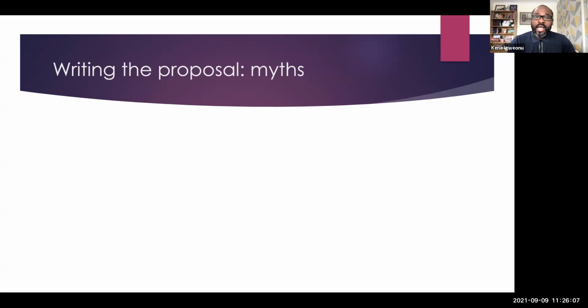So very importantly, before I go on, I just want to dispel a couple of myths that we have about grant writing. We often think, oh, the best research will be funded. The research body is going to fund the best research grant. It's not always the best research application that is funded. It's the one that makes the most impact. So what impact is your research making, and how does that fit the funder's priority? It might be the best research idea, but if it doesn't fit the funder's priority, then it's not going to work. Same for PhD as well.